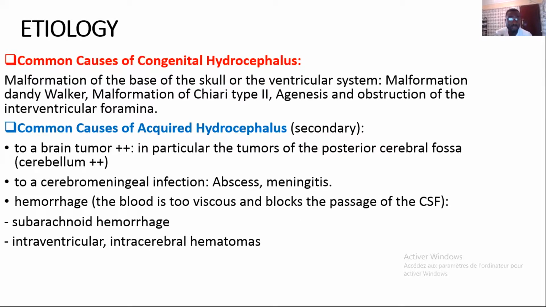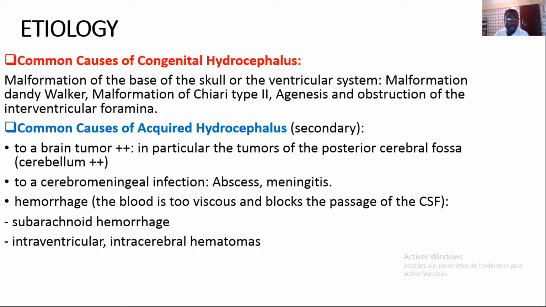I will talk about etiology, the common causes of congenital hydrocephalus and the common causes of acute hydrocephalus, like secondary causes. You can have malformation of the base of the skull, of the ventricular system, like Dandy-Walker malformation, Chiari type 2, agenesis and obstruction of the intraventricular foramina. A common cause of acute hydrocephalus is secondary to a brain tumor, in particular a tumor of the posterior cerebral fossa or cerebellum, or to a cerebral meningeal infection like abscess and